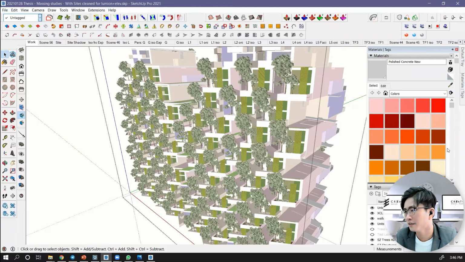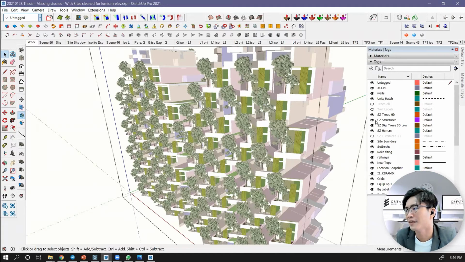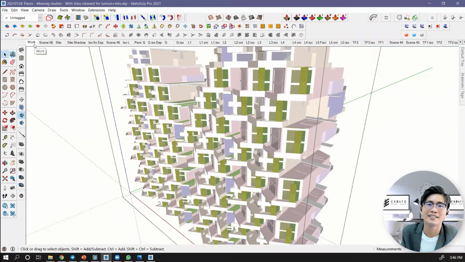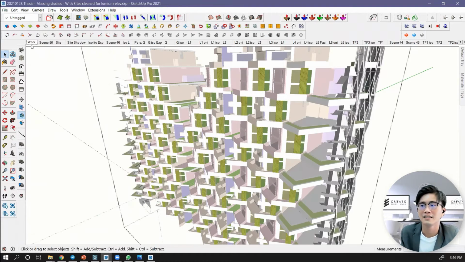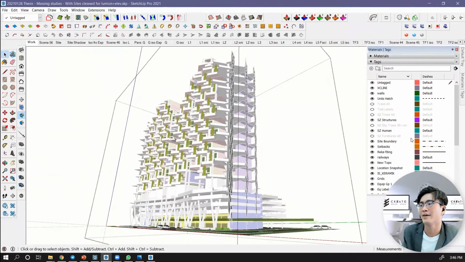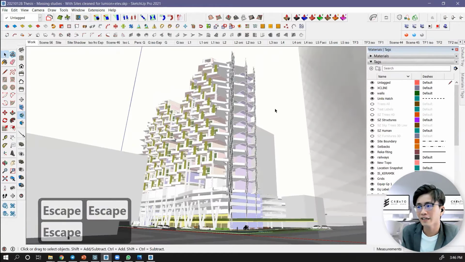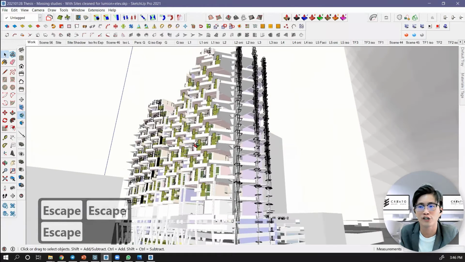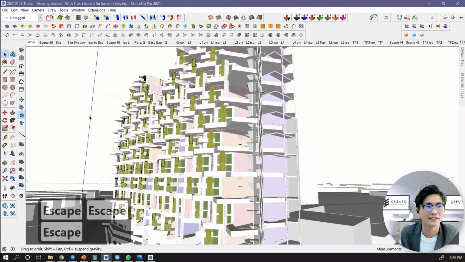Create your layer here. It is called a tag now, they changed the name. So I hide them, and then you can right-click the scene and update scene. So next time, every time you go to this scene, this view, the trees are hidden. And you can very easily unhide them from the layer tab here. So first thing, hide all those trees or complicated geometry. This is the first rule of thumb.